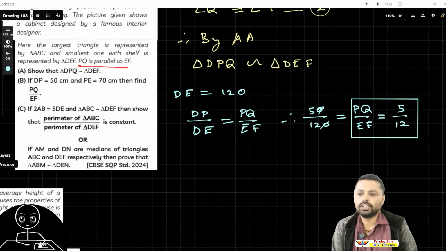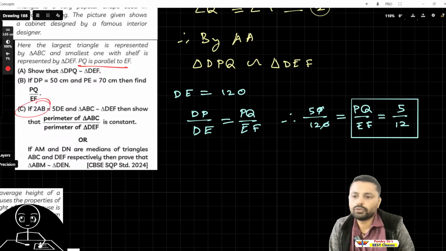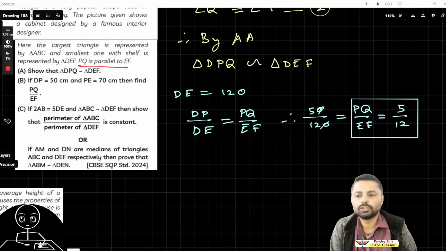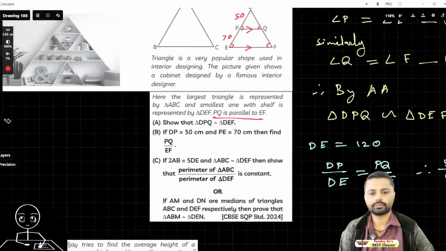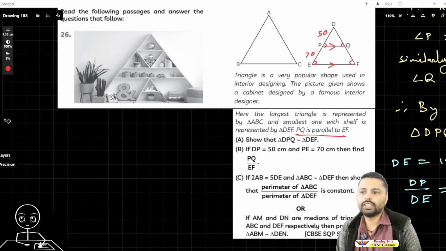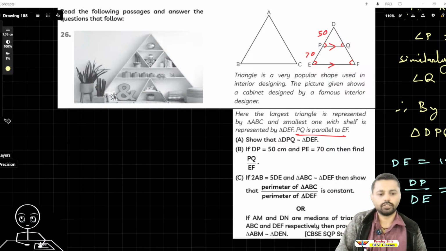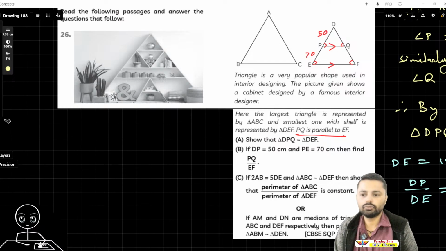Now third one. If 2AB equal to 5DE and these are similar, then show perimeter of ABC by perimeter of DEF is constant. Okay, 2AB and 5DE. So they mean this triangle and this triangle. Okay, these are similar triangles. So let's just do it. Not if, just given